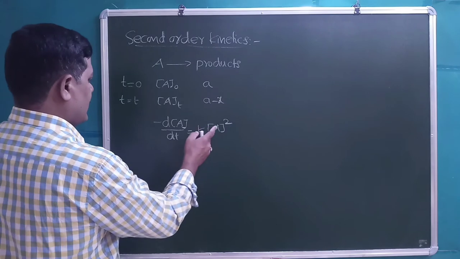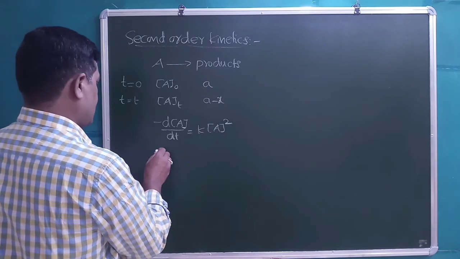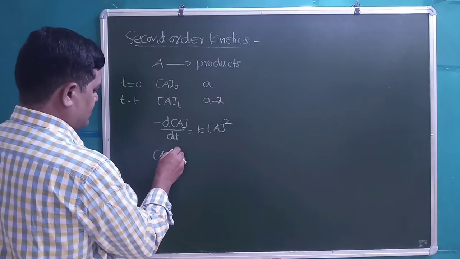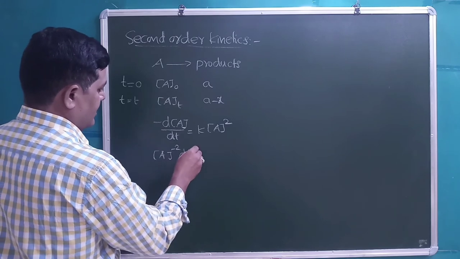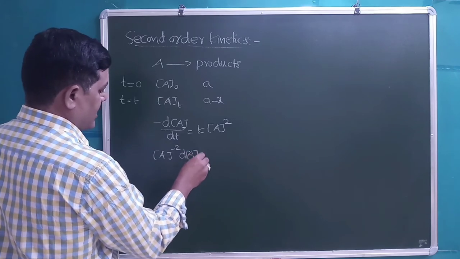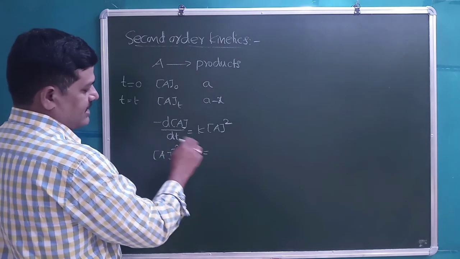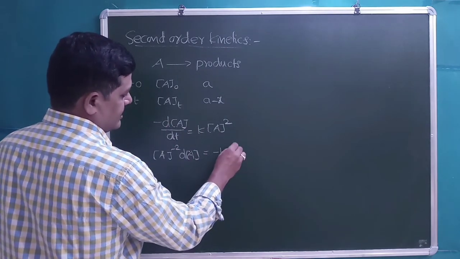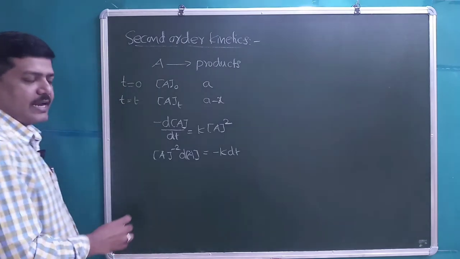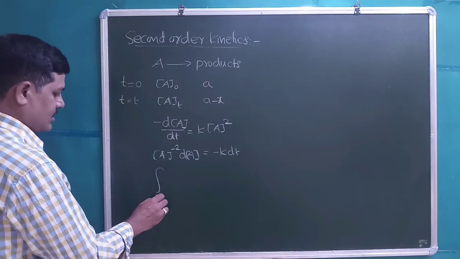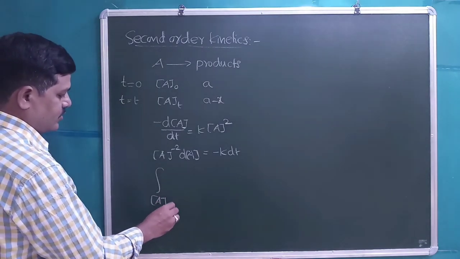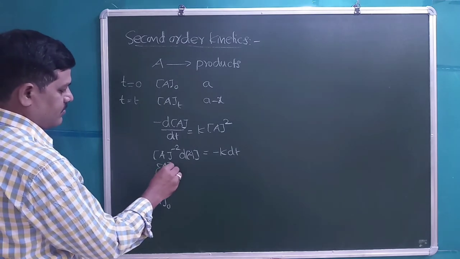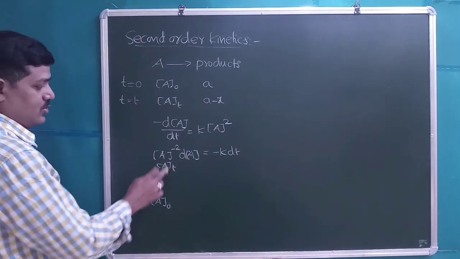When we transfer A square to this side, it becomes A power minus 2 dA is equal to minus k dt, on the right hand side of the equation. Integrating between the limits A naught to At,